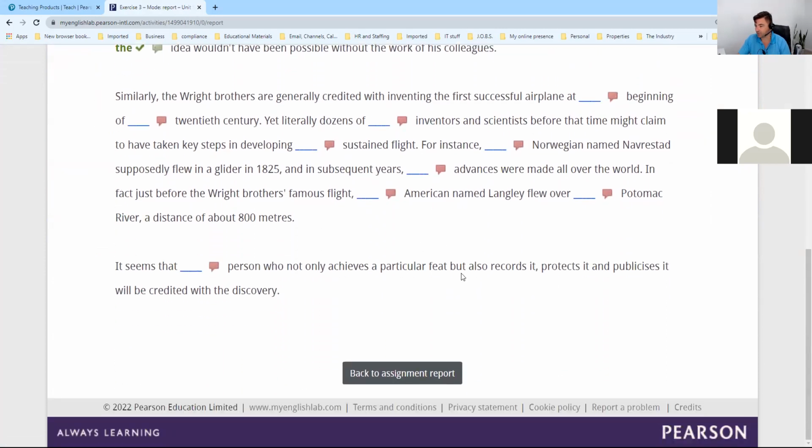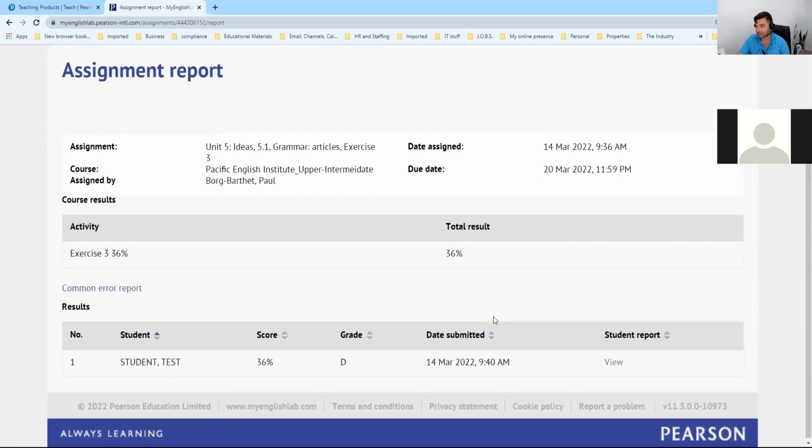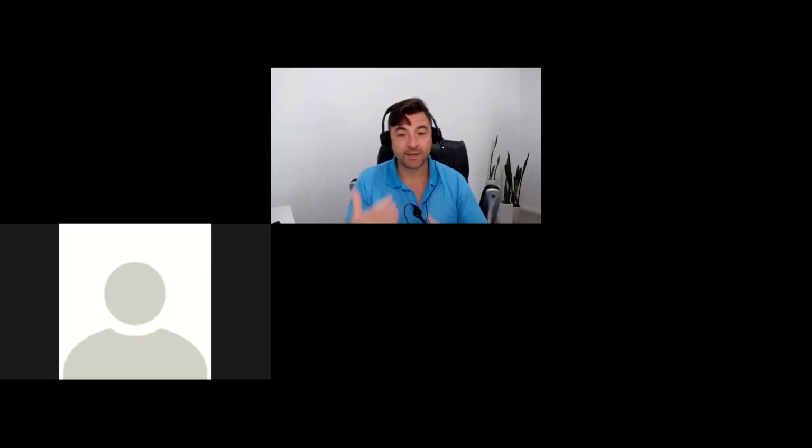I can see the mistakes the student made, and I can keep an eye on what you guys have done from here. It's quite cool. So from my perspective as a teacher, I can have a look and see what you guys have done for homework, and from your perspective as a student, you guys can submit assignments by going to that assignments tab in